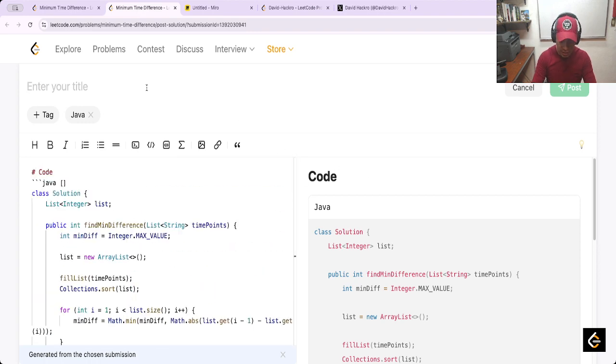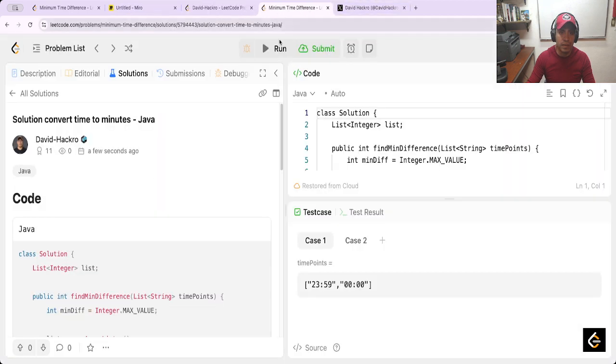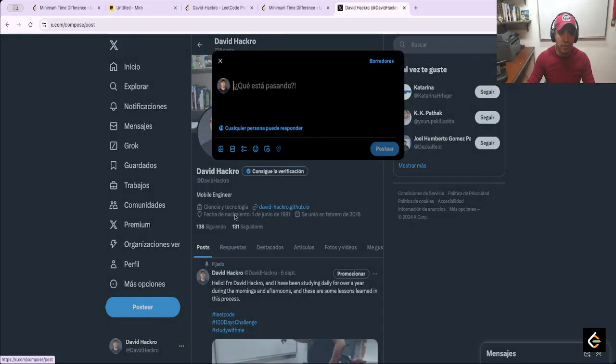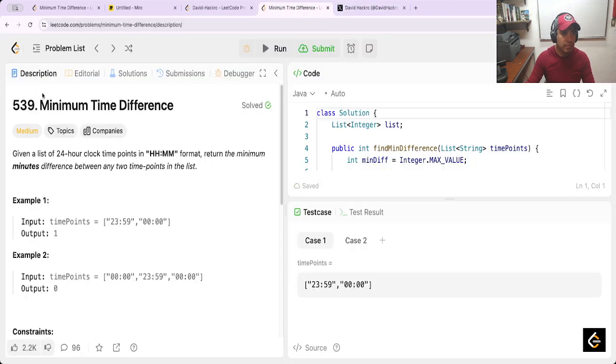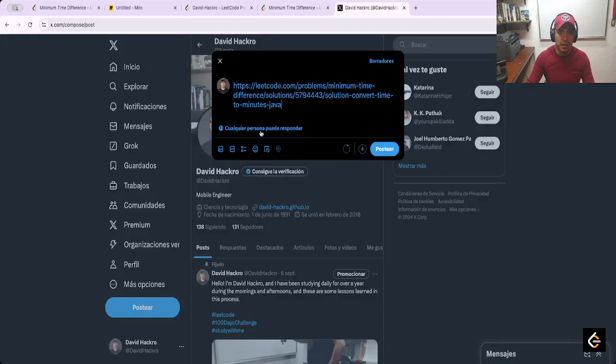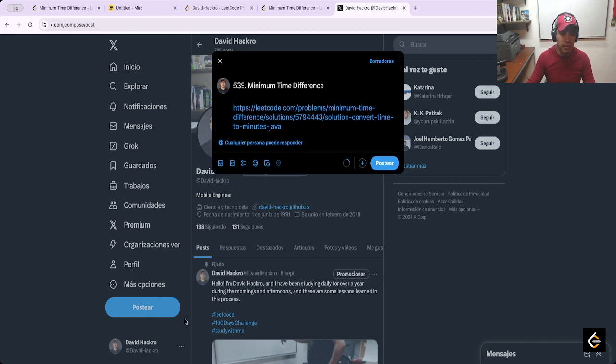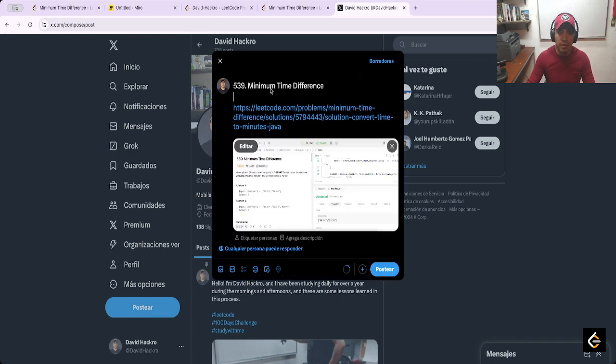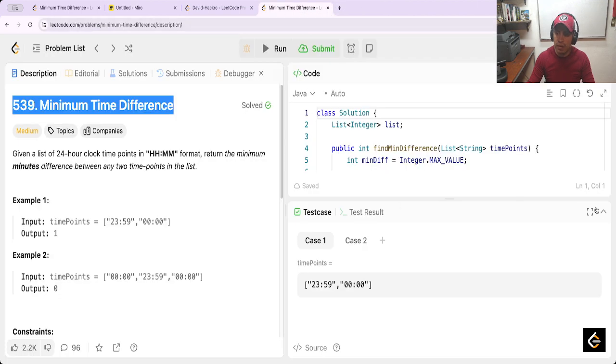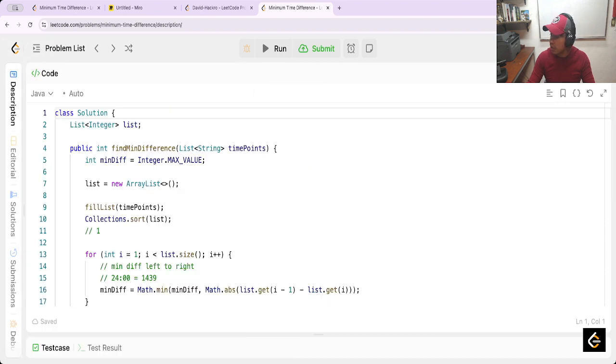Okay, first is the solution: convert time to minutes, Java. Okay, and this is the solution. It's not the best, but it works. Next, now is the min difference. Okay, now before checking the solution, I need to